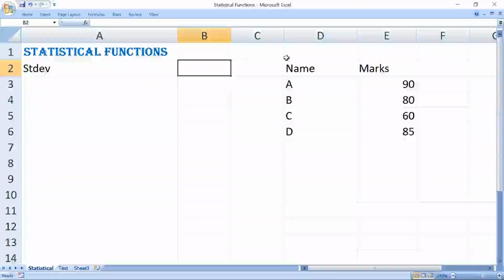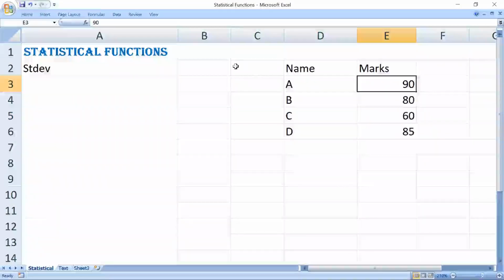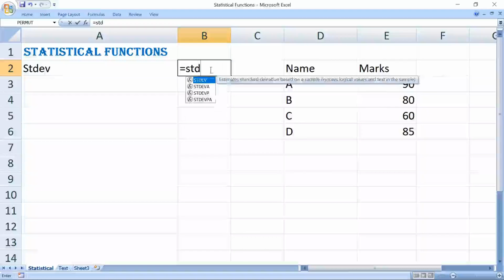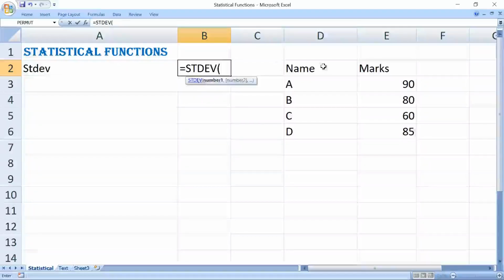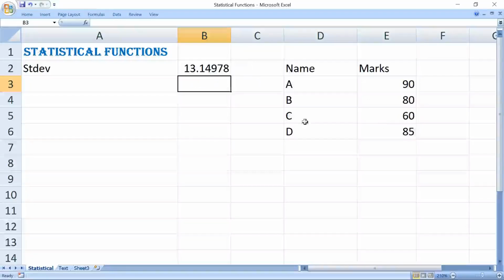In that case, we are going to consider this particular table and we are going to take the marks. Equal standard deviation. Then select here the marks, close parenthesis, enter, and we can see here the result.